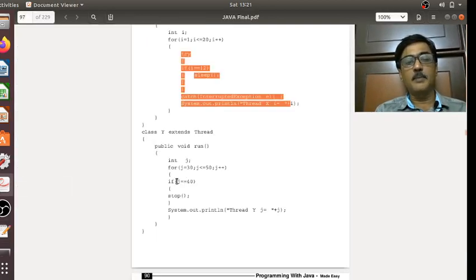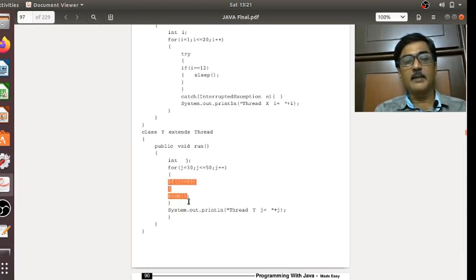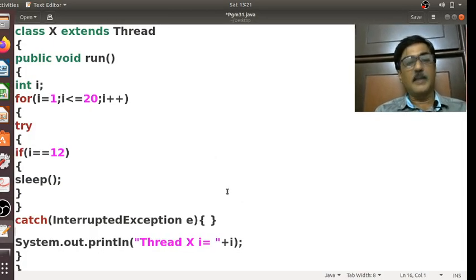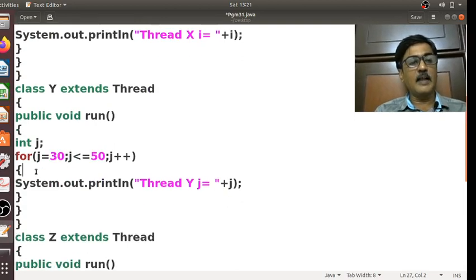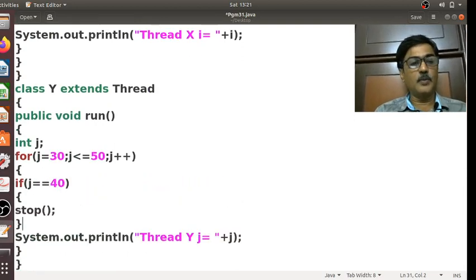I am supposed to introduce the stop method. I will introduce this stop method in class y within the loop.